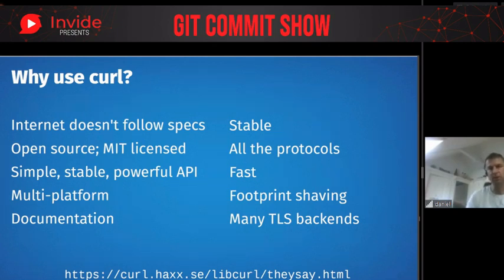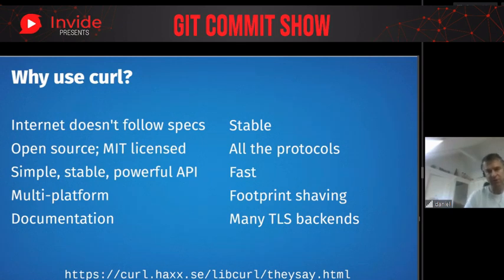And sure, we have a lot of protocols. People like that they can actually use curl for several protocols when they have more protocol needs. It's written in C. It just does what it should do, so it's reasonably fast. You can shave the footprint, as I say here. That means that when you build your own libcurl, you can pretty much customize it. You can switch off a lot of features that you don't need, so you can make it smaller.